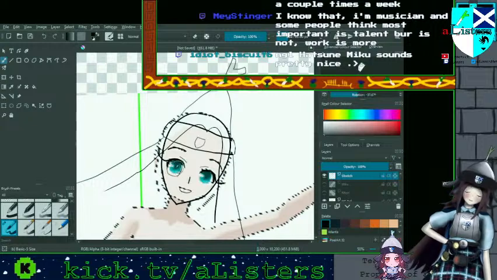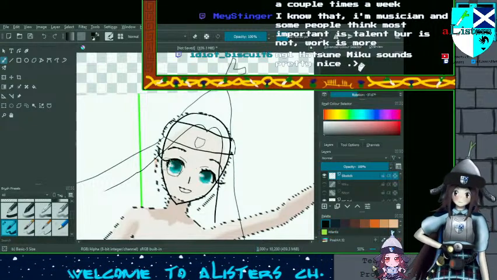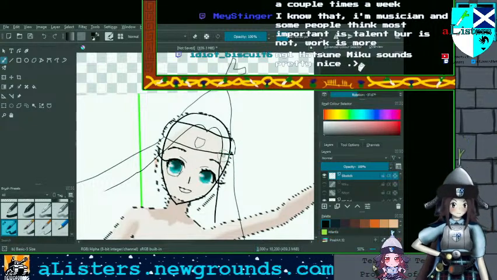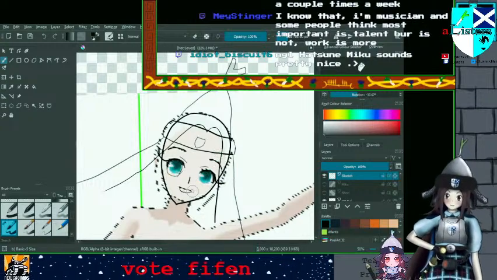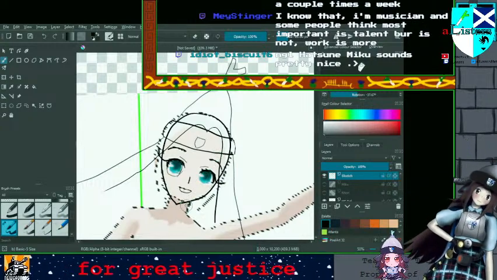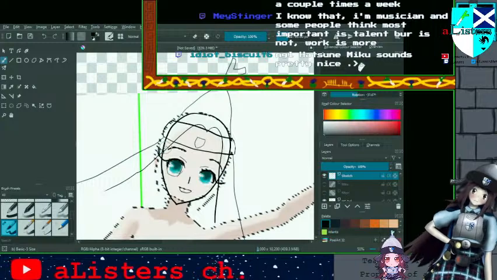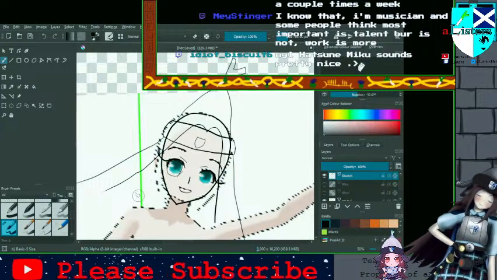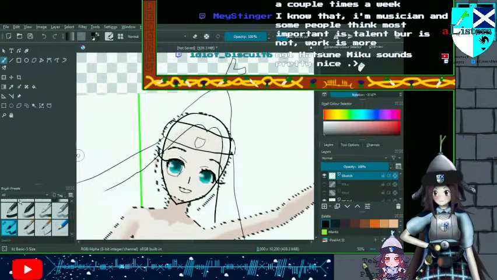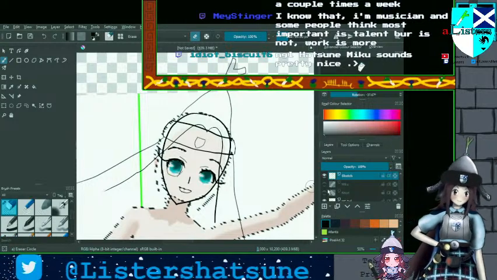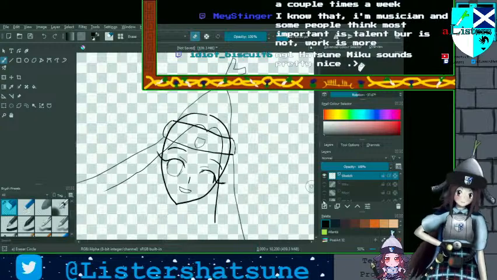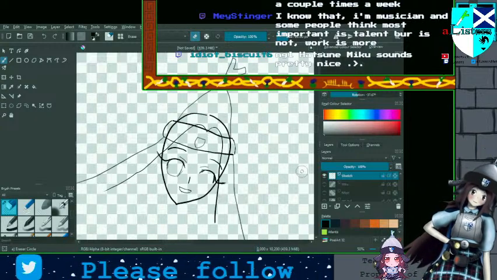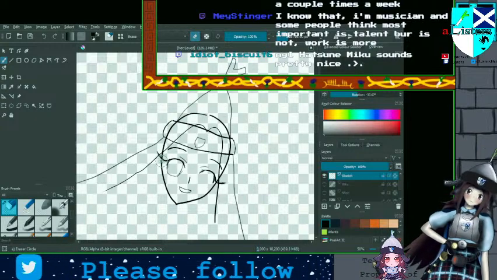And this colour changed. I don't know. Something weird about the facial shape. I'm gonna hide the reference. It does, it is weird.